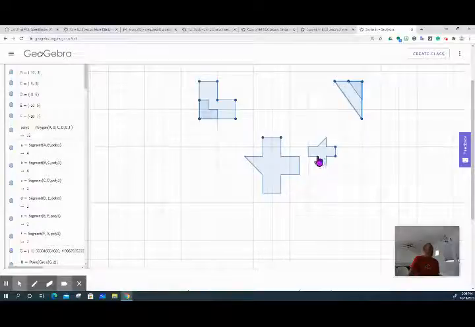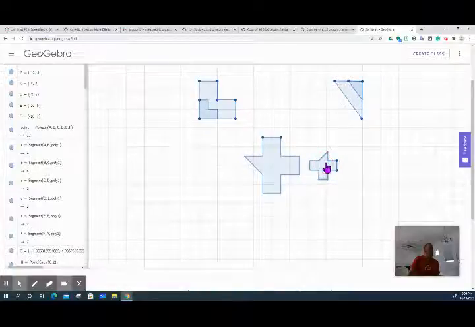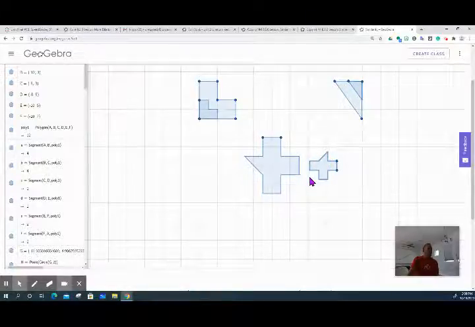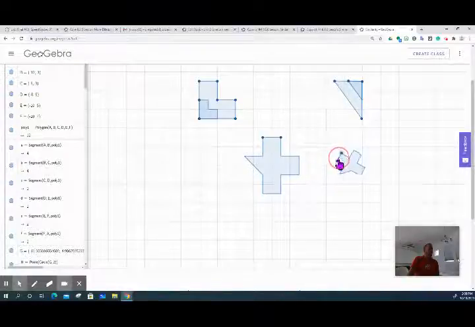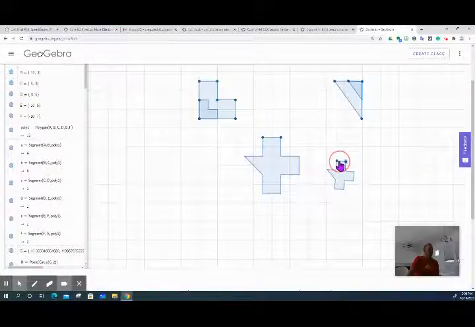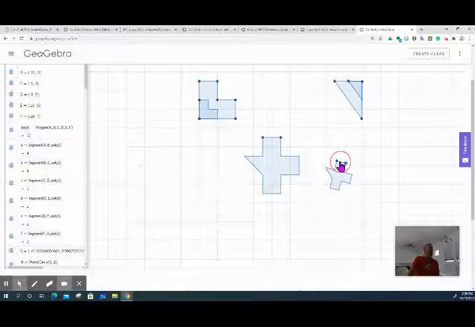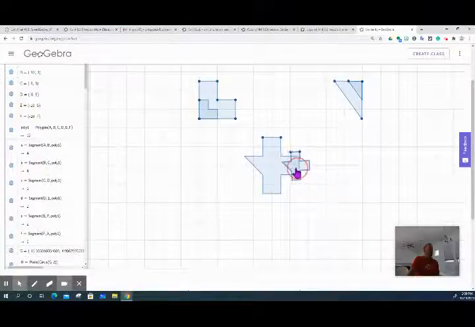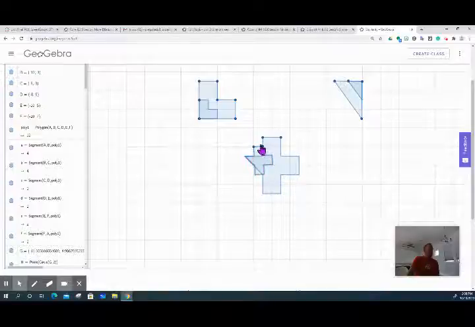Now let's look at these two. I'm going to go from this one to this one. First thing I'm going to ask you is, imagine, if you would, a transformation that would take this image to that image. Could I reflect it? No, because this is the wrong place. Could I rotate it? Well, let's find out. They're not all going to be easy rotations to see, but this is a rotation. So if I rotate this and bring it over,